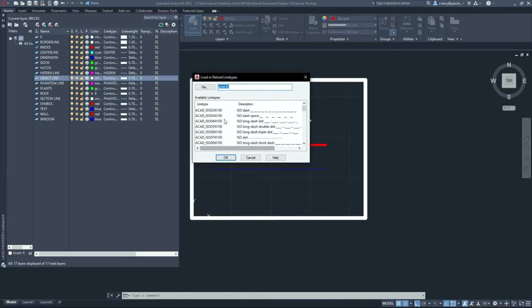You can load in more lines from the standards that come within AutoCAD, and there are even some things online that you can get that are these .lin files that are very specific. So you could load in dash or different things like that. Just to keep in mind, and they mean different things too. So if you wanted to draw on a fence line, you've got this. If you wanted to draw on a gas line, you've got that. You've got all these different things that you can do. We have zigzag lines, tracks, all kinds of stuff that are useful. So I'm going to cancel that,